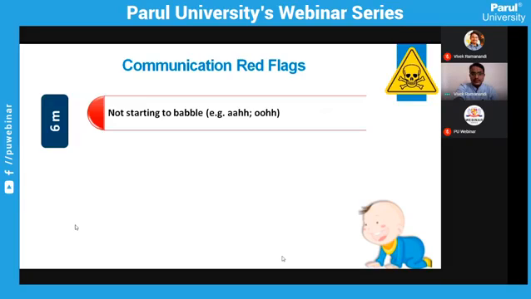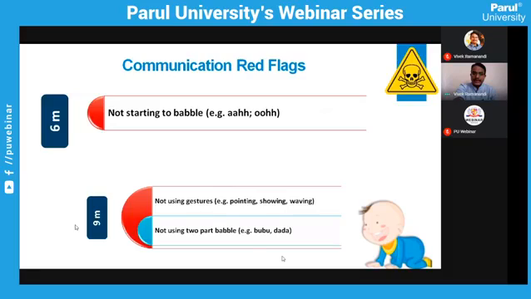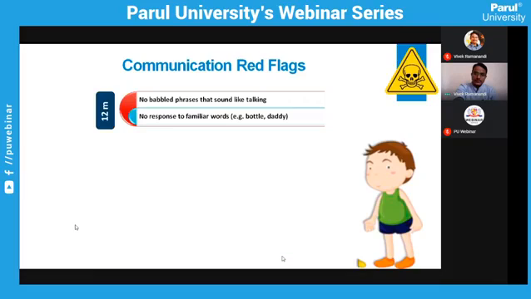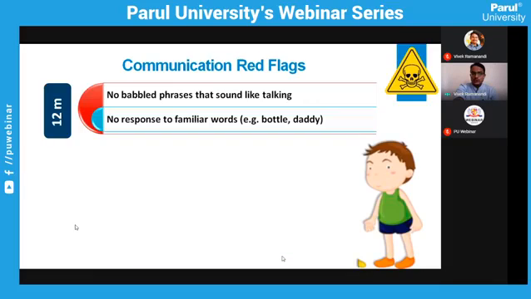If at 6 months the child does not start to babble, such as oo kind of sounds. At 9 months, the child is not using gestures such as pointing, showing, waving, and not using two-part babbles or bisyllables, like boo boo, dada, mama, kaka sounds. At 12 months, no babbled phrases which sound like talking, because at this point of time,